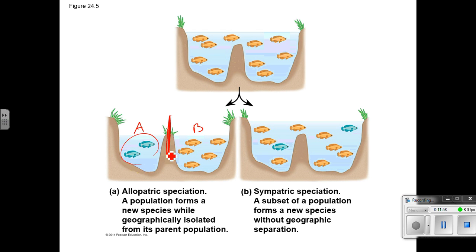So within these populations, they are going to undergo natural selection. Why? Because they're going to mutate. Mutations are going to occur in the population. Somebody's going to be better than somebody else, and they're going to survive, and they're going to reproduce, and they're going to pass that down to their offspring. Okay? Now, eventually, if you took this fish, and you took this fish, and you took them out, and you put them in their own little pond together,